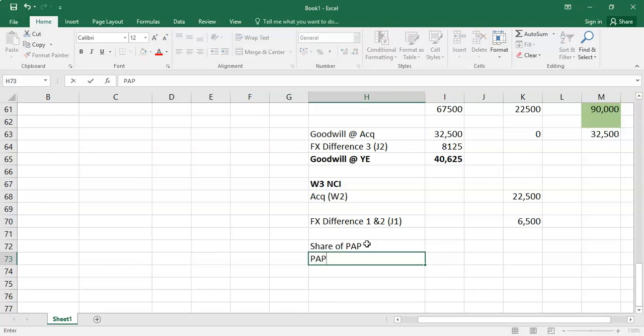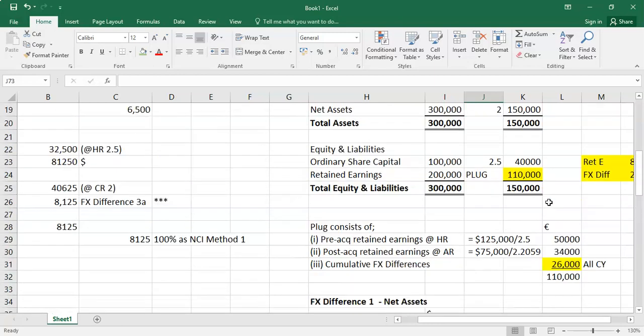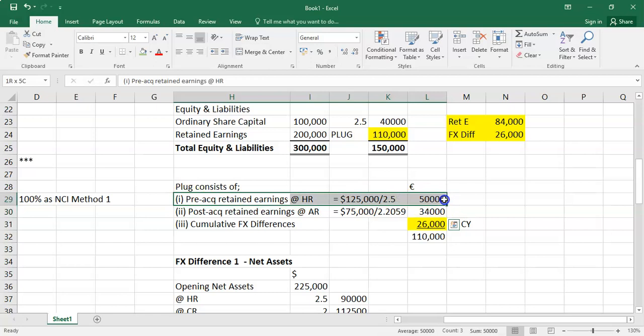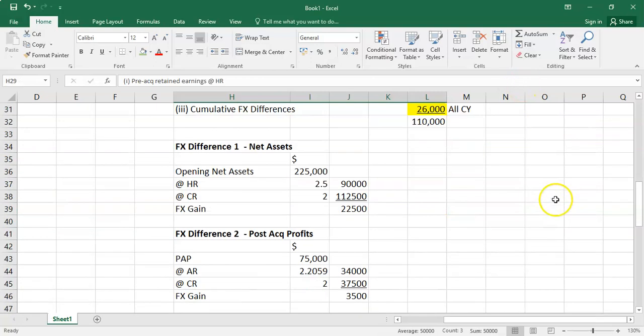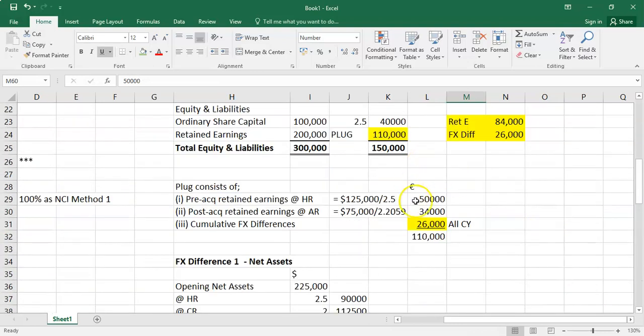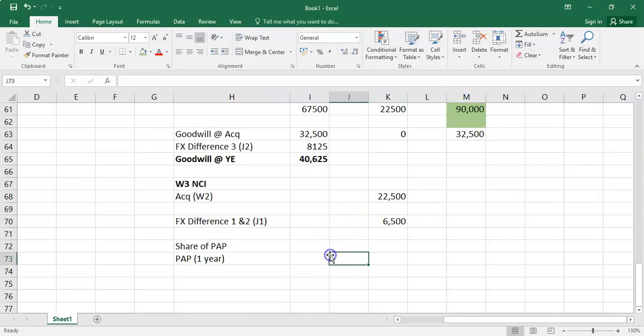And we said post-acquisition profit for year 1 was, now be careful here, a lot of students will put in the 75,000, that's in dollars. You need to use the post-acquisition profit, which we said was 34. The 50 of the total of 84 has been used in the goodwill working, 50 here. The 34 then is post-acquisition. So you put the 34 down here, and that's going to get 25% share,